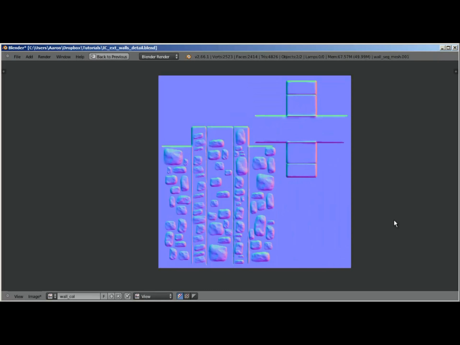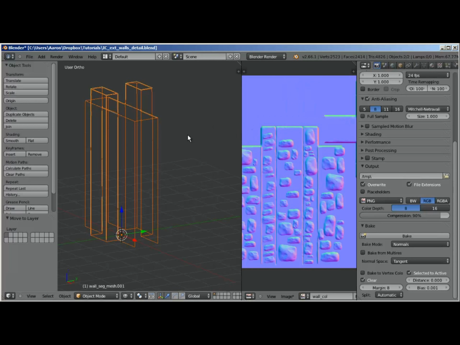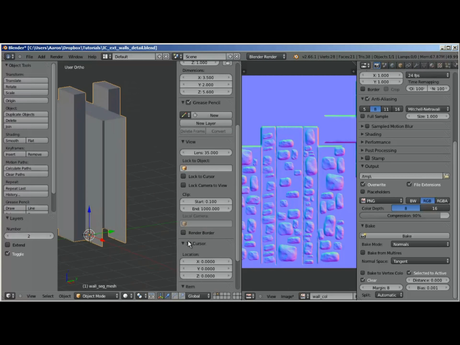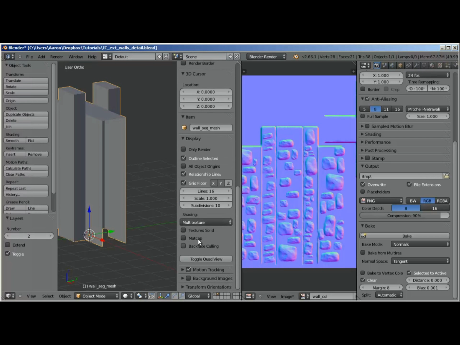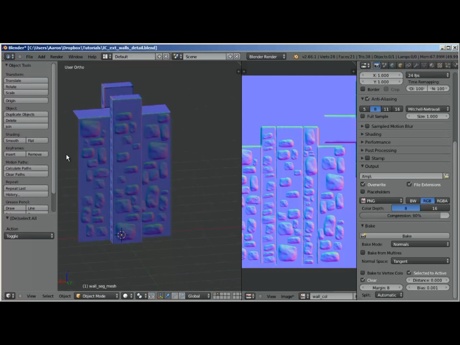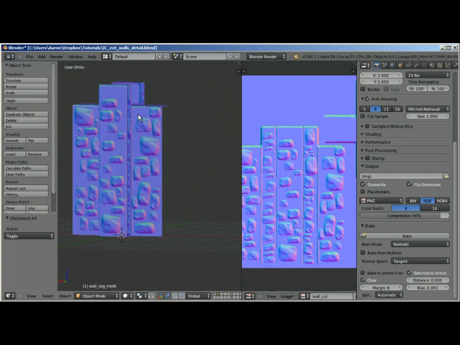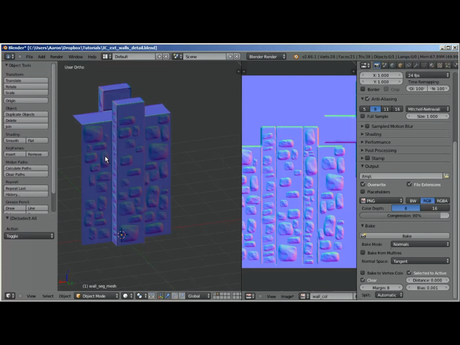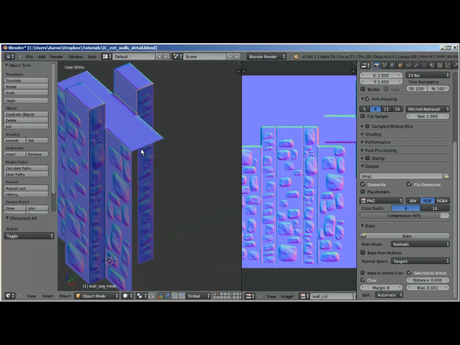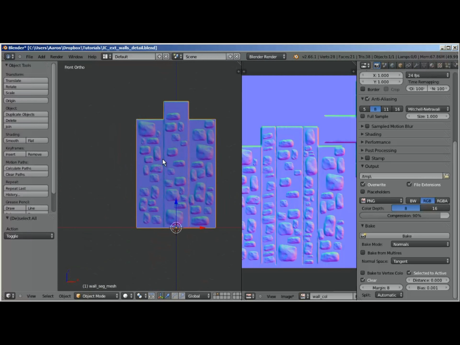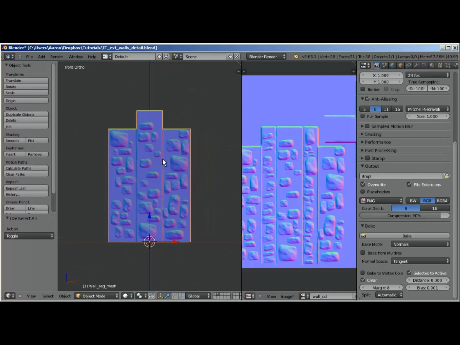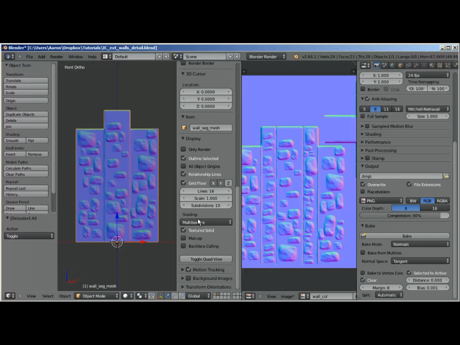Alright, so now when we look at it, it looks all good. We got all our pieces together, and I can take this, go to my full low res building, turn on display, textured solid, and we can see that it's working. It's got this same normal map data applied to both sides. And so now what we're going to want to do is enable GLSL shading so that we can visualize it with how normal maps are supposed to look. So go to display, shading mode, turn on GLSL,